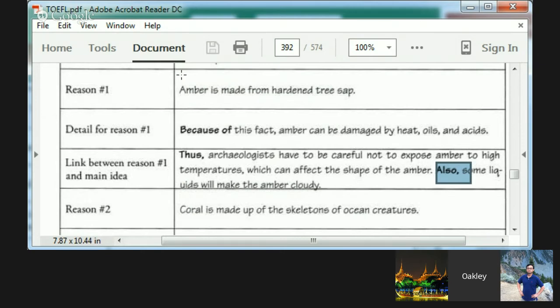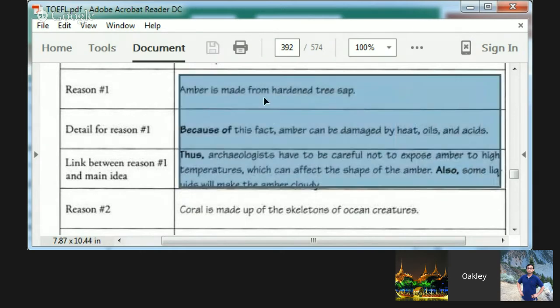Now, again, there are lots of different ways to say that. Okay. First, you could present this first section totally differently. You could say first the professor talks about amber. He explains how amber is from ancient tree sap and how it has certain properties or characteristics that make it fragile. For example, you really can't put amber near heat because it will melt like wax. See, there are many ways to actually say it and still be right.